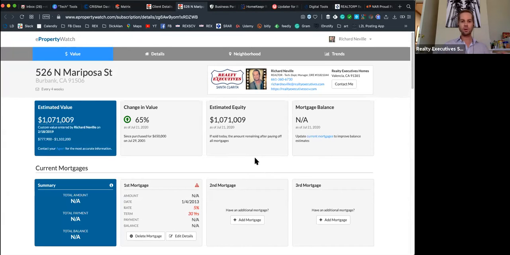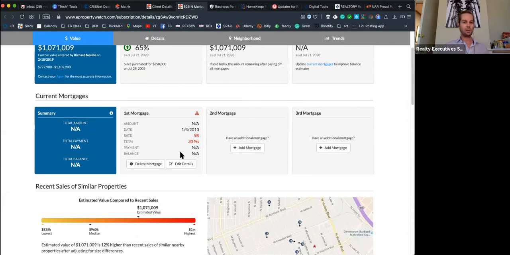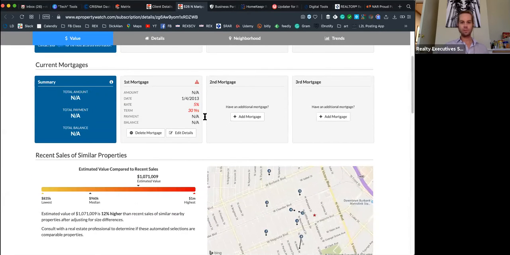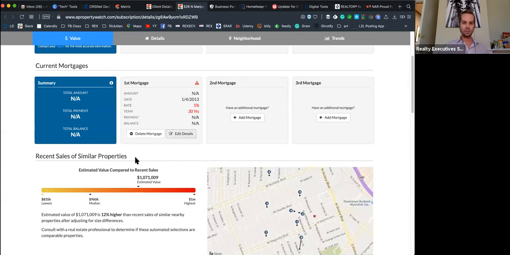And if they click the report, it's going to bring them to a page like this, where it'll show their estimated home value, the percent change from when they purchased the home, mortgage balance,